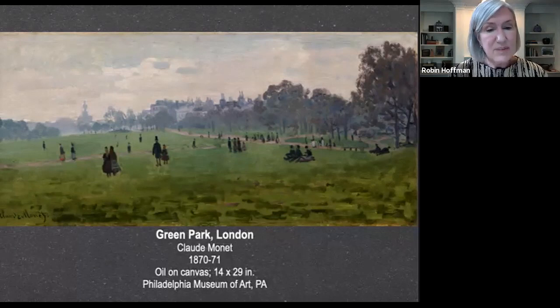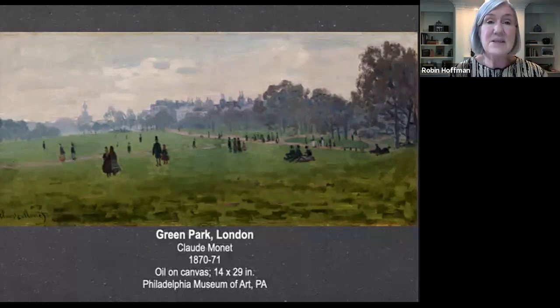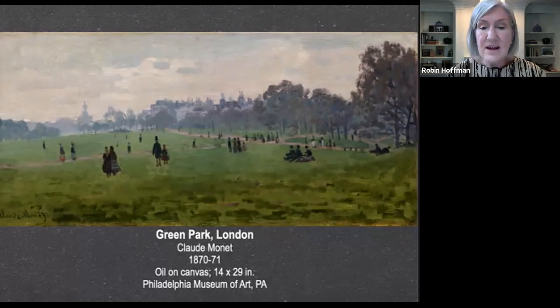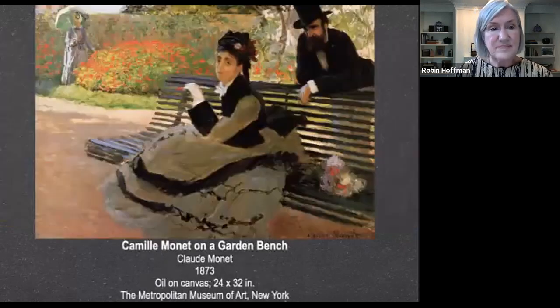The expansion of the pleasure garden to the middle class is one of the developments of the late 19th century that has only increased in importance over time. Now, although Monet's paintings were turned down by London's Royal Academy, he refused to give up, and instead Monet and Camille moved to the Netherlands, where Monet continued painting, and in the fall of 1871, they returned to France and settled in Argenteuil, near Paris.